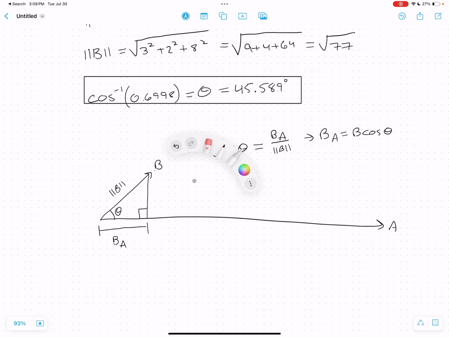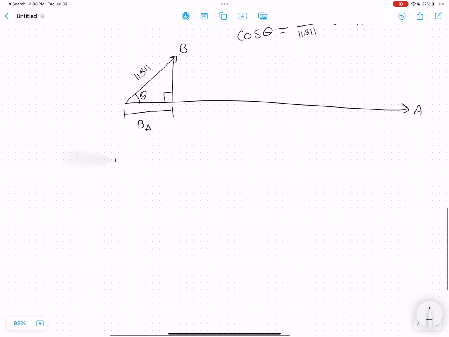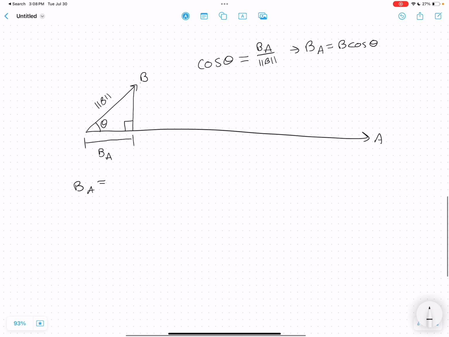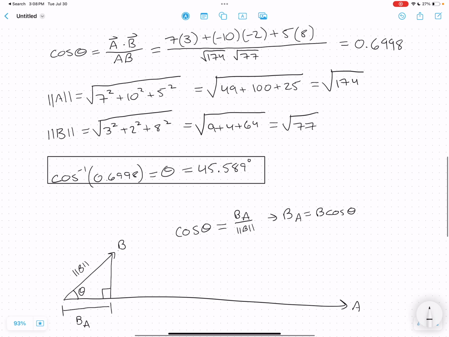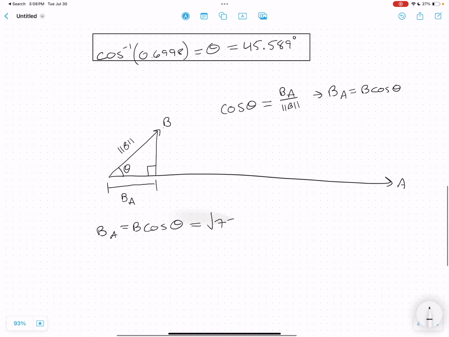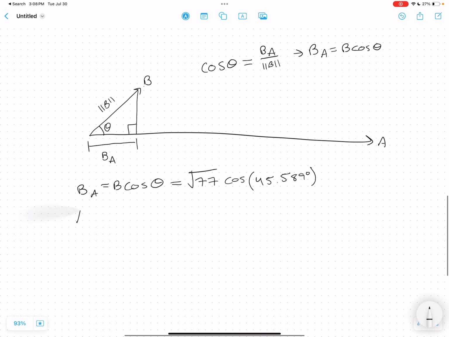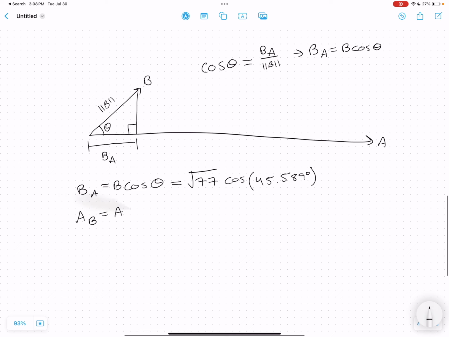Let's go ahead and use this now. It wants B in the direction of A. So BA, well, we just derived this: B cosine of the angle between them, where B is root 77. So root 77 times the cosine of 45.589 degrees. Similarly, A in the direction of B is going to be A times cosine theta,